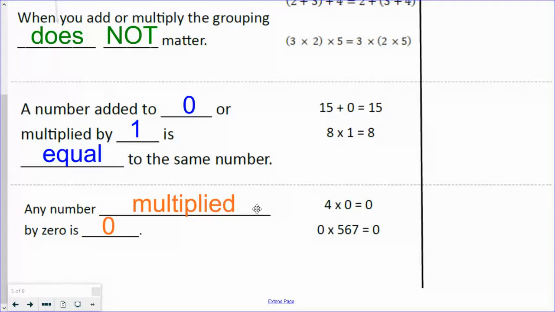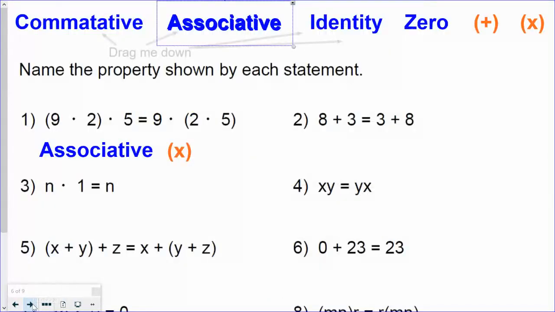It's one of the things, if we saw this in a grouping, that would help us make our mental math easier. Okay, so come up with another number you can multiply with zero and still get zero. And then we're going to do a little bit of showing how to